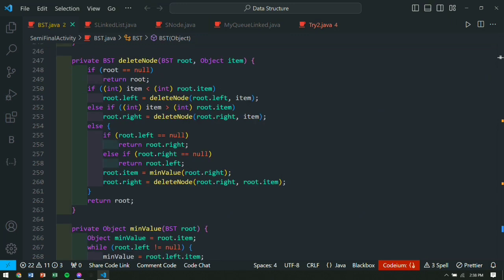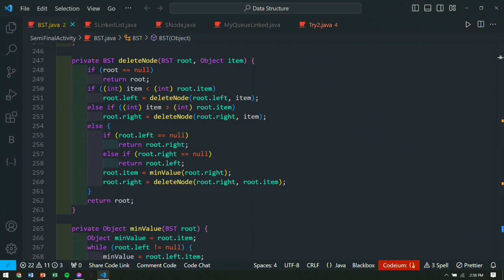So okay, next is the tricky part of the code. I had a hard time solving this problem, but I will explain it in a much simpler way. So, delete node. Delete node removes a node with a specified item from the BST while maintaining the BST property. So it is a deletion method. The flow is it recursively searches for the node to be deleted. Once found,